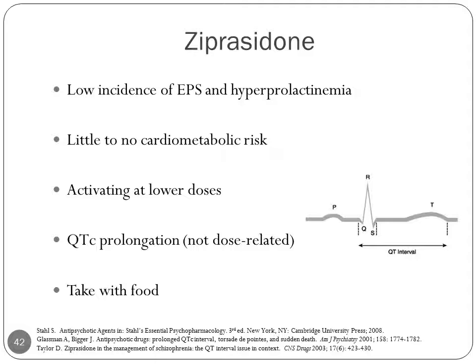I will say that of the second generation antipsychotics, ziprasidone tends to cause the most amount of QTc prolongation. But depending on the study done, this prolongation is usually anywhere from about 10 to 20 milliseconds, and there's no evidence to suggest that this causes torsades or sudden death. You should use it cautiously if the patient's taking other medications that prolong the QTc interval, but routine electrocardiograms are not generally recommended. QTc prolongation is more likely with something like thioridazine, but you'll also see it with clozapine and iloperidone. So ziprasidone has kind of gotten a bad rap for QTc prolongation, but it's not the only agent